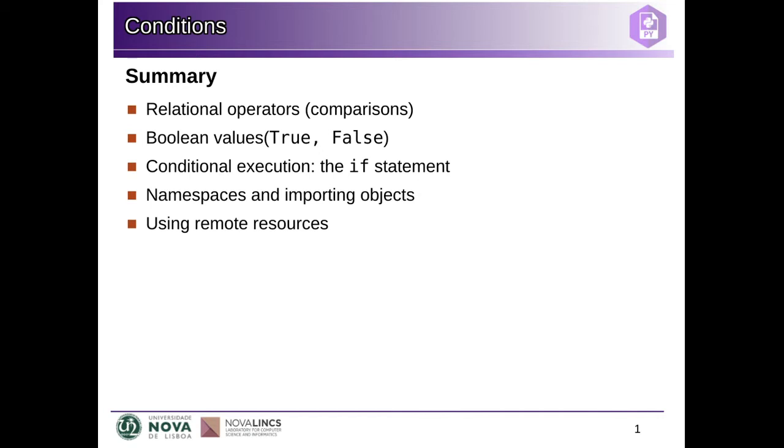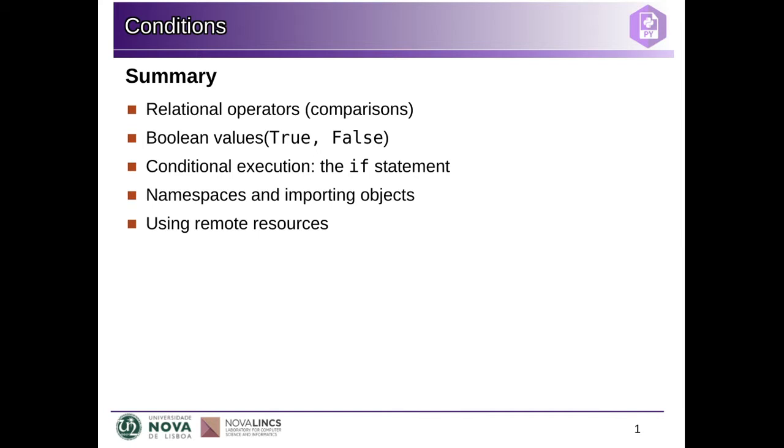So we're going to see how to use that to create branches in the execution of our code and have it respond differently to different conditions. Then we're going to look also at namespaces and how we can import objects from other modules into our own modules. So a Python module is one file where you have the source code, that .py file that we have